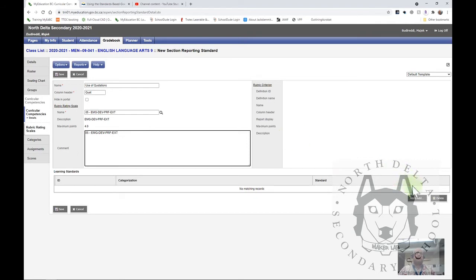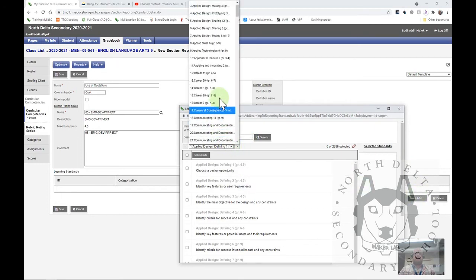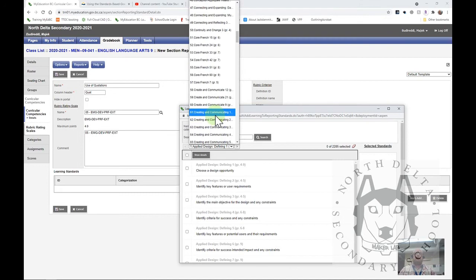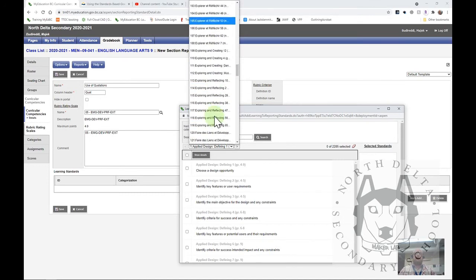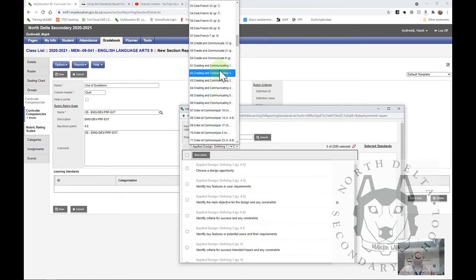Now I can make this work with curricular competencies or learning standards from the course. So I can say, what curricular competency does using quotations fall under in the English curriculum? So when you do this, you click multi-add down here, you get everything. So you're getting all of the curricular competencies for every course. And so you have to sort of know where you're going with this. However,